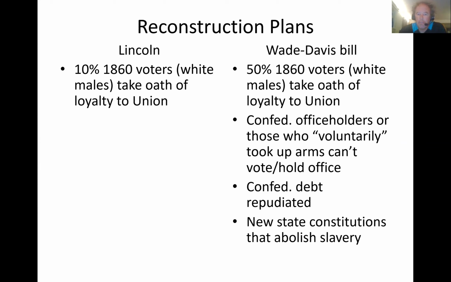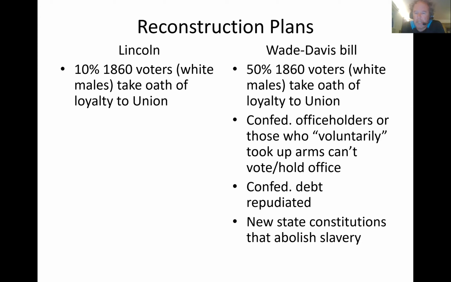There are two major plans for Reconstruction, which will tie us into the Foner book where we're going to start next time. One is the Lincoln Plan, which basically says, as long as 10% of your voting population, white male voters who voted in 1860, just 10% say that they're loyal to the Union, that's enough for the state to get readmitted. And any southern state was going to be able to come up with 10%, except for maybe South Carolina and Mississippi, because there were unionist pockets in all of the southern states.